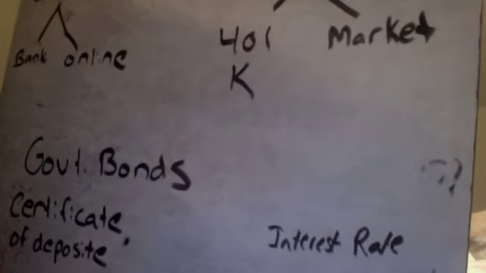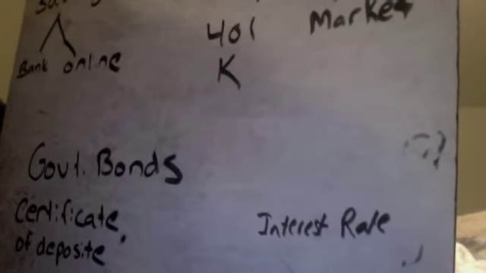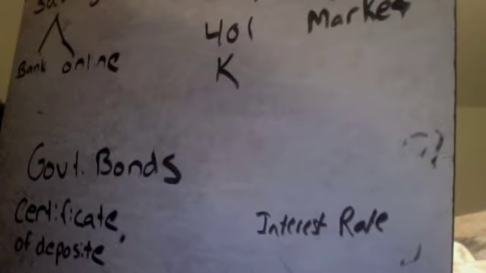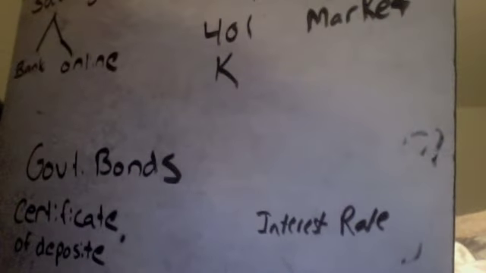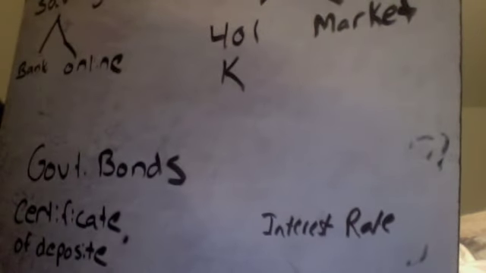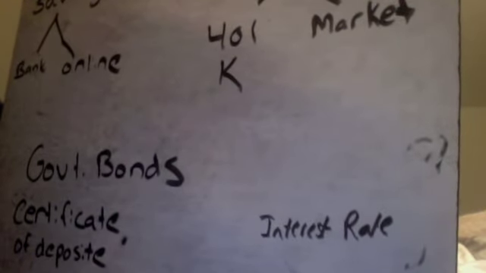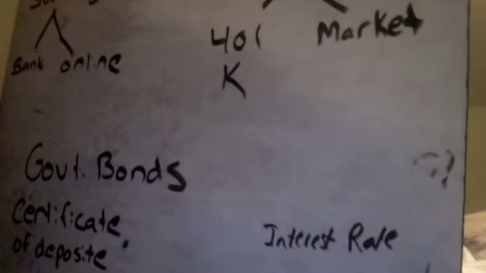And then interest rates. Interest rates at banks are going to be very low. You're not going to make much money off of it. And they are also going to usually vary, meaning that one day you go to the bank and your interest rate is 1.25%. The next day you go back, maybe it's going to be 1.2%. It's going to go up and down, so you're going to make varied amounts of money. It's never going to vary to the point where one day it's going to be 1%, the next day it's going to be 10%. That just doesn't happen. But it is going to be a low, varied rate for these savings accounts.